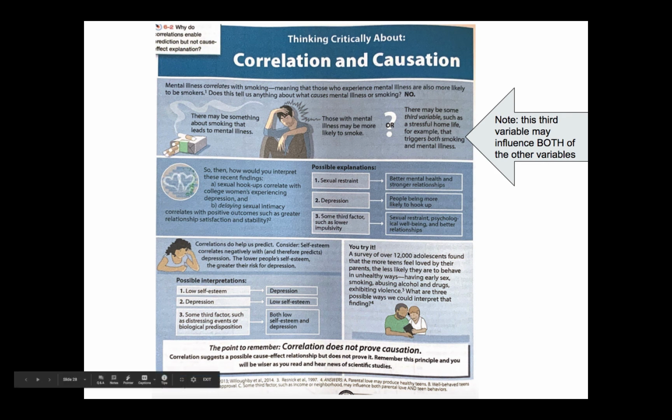The main point to remember in all of this is if you do correlational research, if you do not do a full-blown experiment, you cannot infer causation. Correlation does not equal causation. Correlation can suggest a possible cause-effect relationship, but that means you would then have to go on and do a full-blown experiment. You'd have to randomly sample, randomly assign to your control and your experimental groups, manipulate a variable, the independent variable, and show that your results aren't due to chance alone, which is something we talk about later in the unit, if you want to really show a cause and effect relationship.